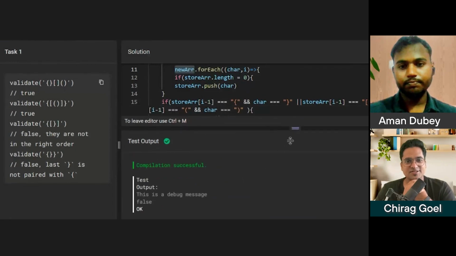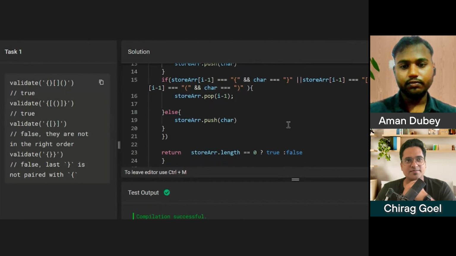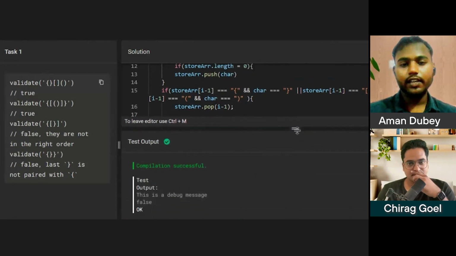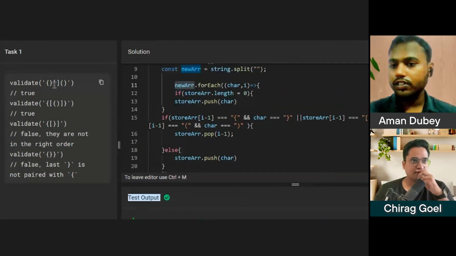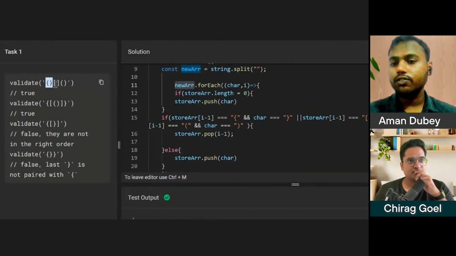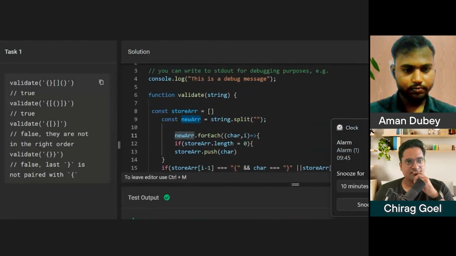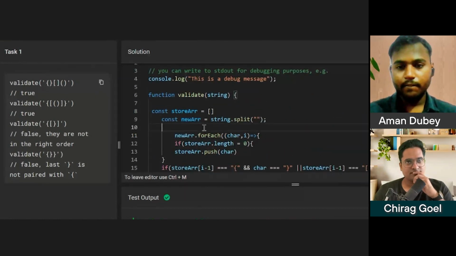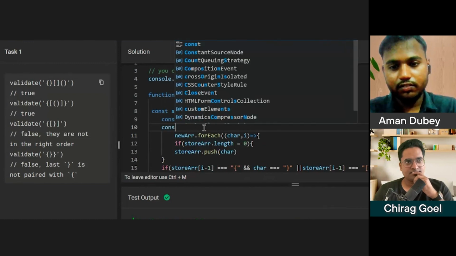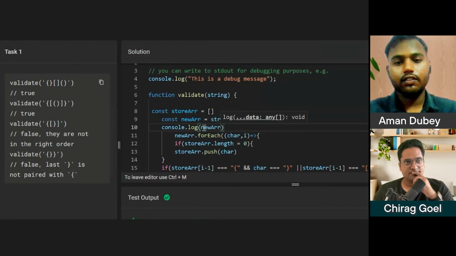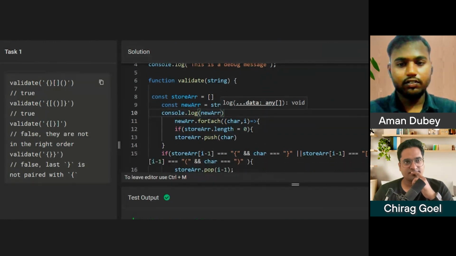You wanted to quickly debug? Let's do it. Okay, let's take the first question. We have this open and close curly braces. I will console log new array to see what it is.